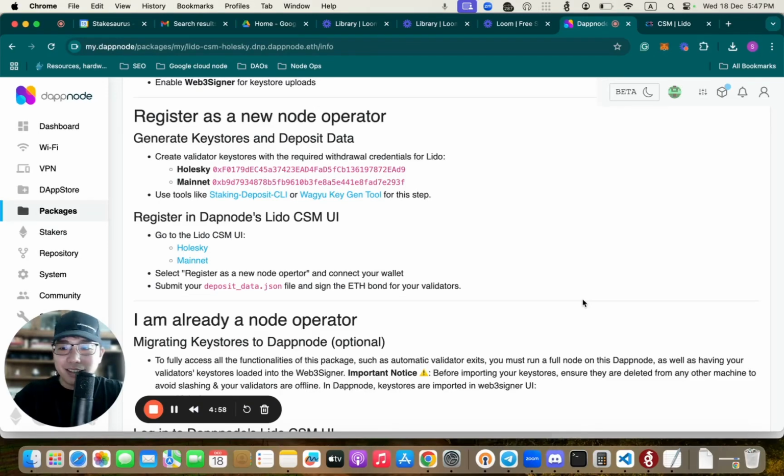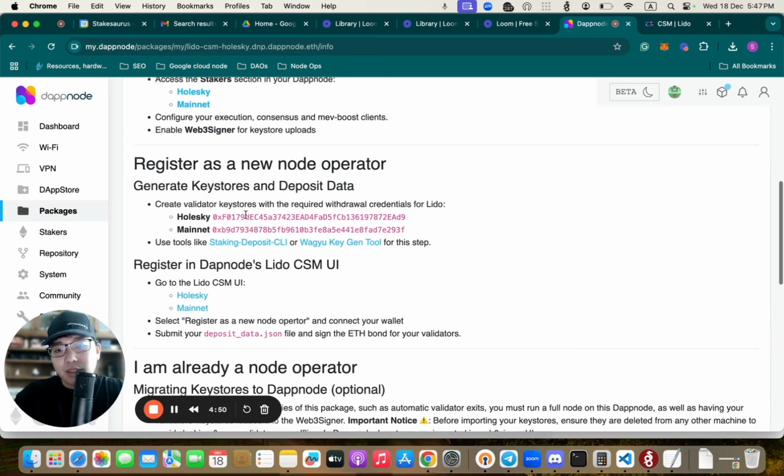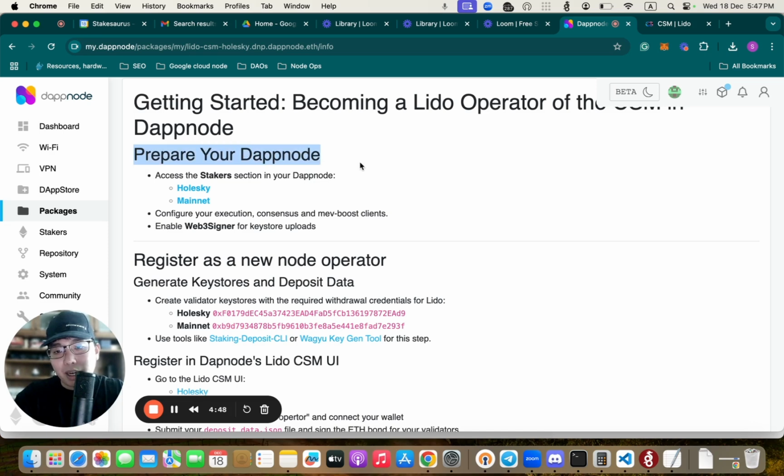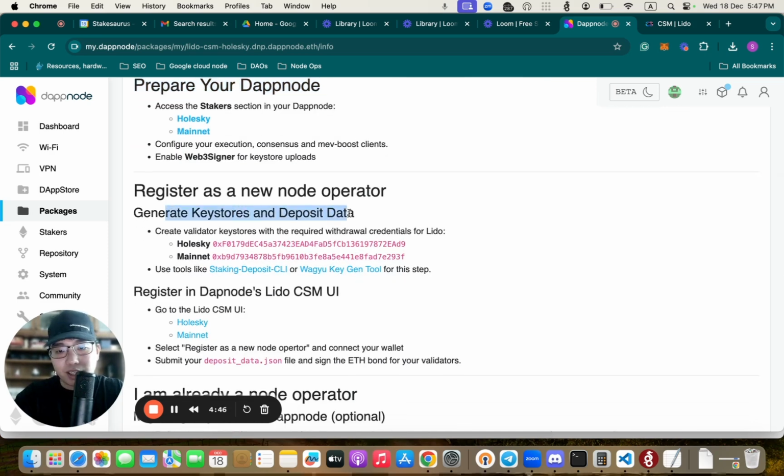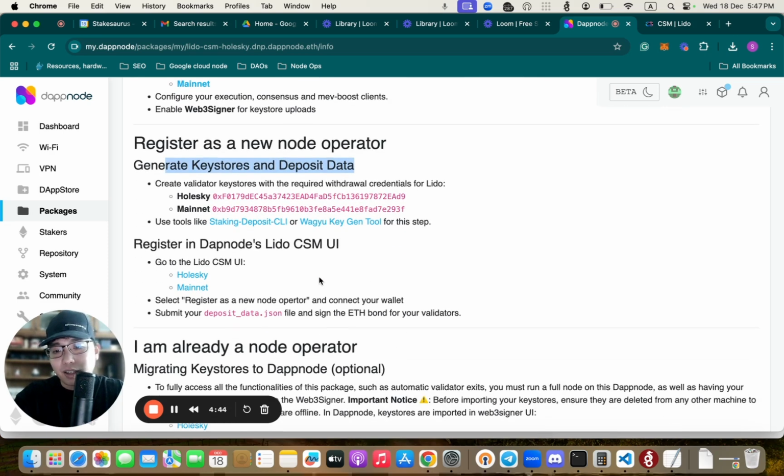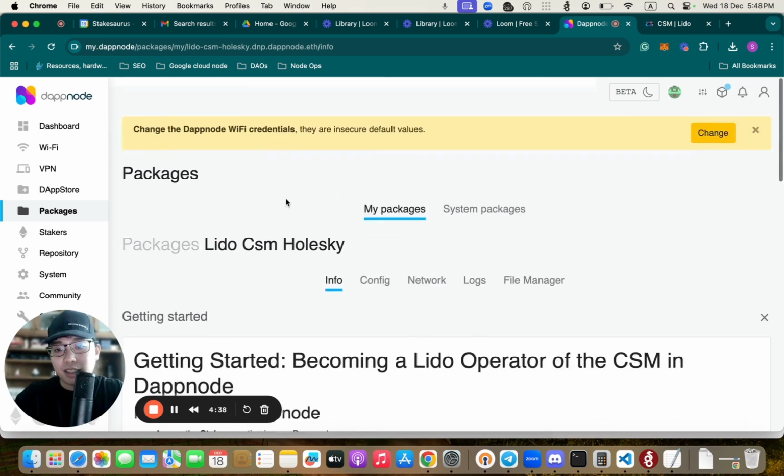Everyone, welcome back. It is now time to upload your deposit data and your validator key stores into the CSM widget. We've done the first two steps to prepare our DAppNode and to generate our key stores and deposit data. And to move forward to the next step, just simply click on the Hoodi hyperlink in the Lido CSM